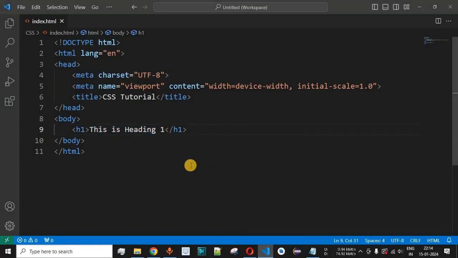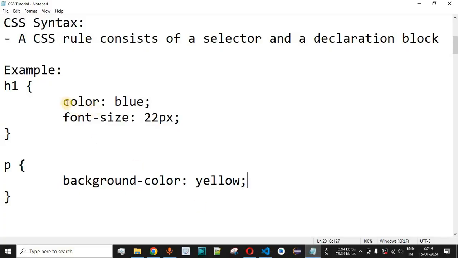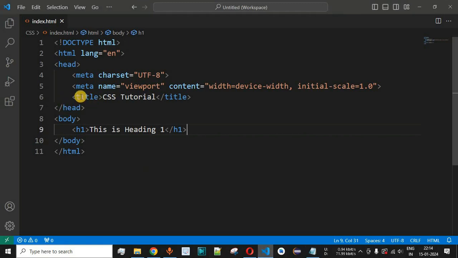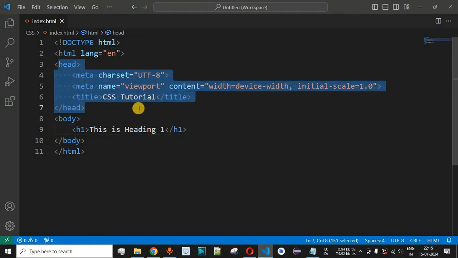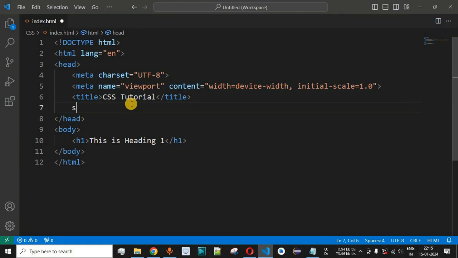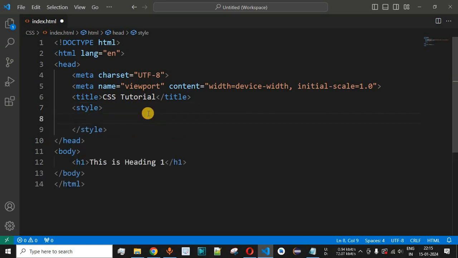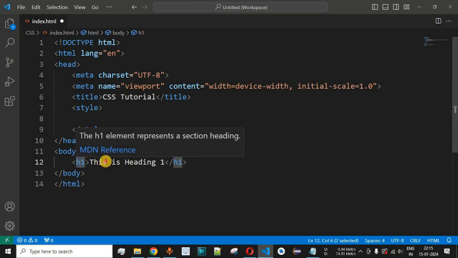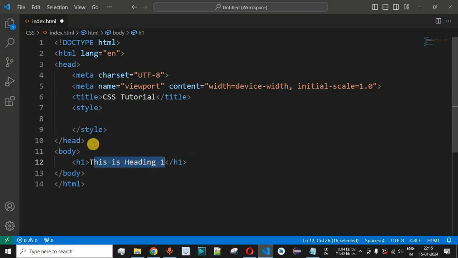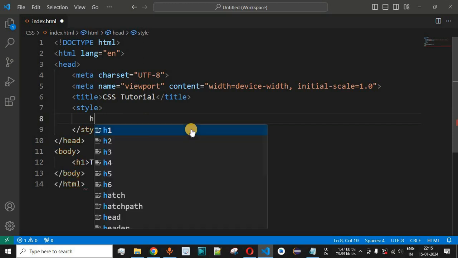and this is the text that we have written inside this HTML document. Now guys, let us say in this example we want to change the color to blue color in this case. So what we can do is, inside this head element of the HTML document, and after this title tag, we have something called a style tag over here. So guys, as you can see, this is the Emmet abbreviation that we can use. So basically it will help us in order to generate the starting and the ending tags over here. So inside the style tag, simply we can provide the tag name. So in this case we want h1, for which the text should be of the color blue in this case. So we will say h1 over here.